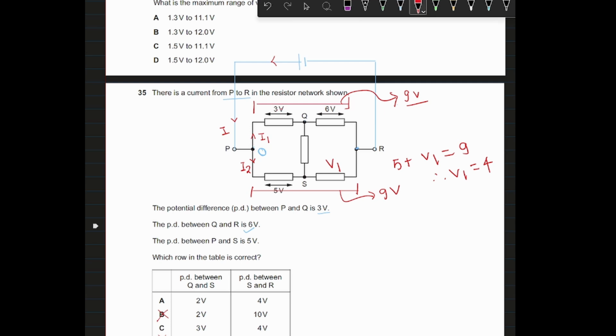So the total voltage is 9 volts. This means when there is a 3 volt drop in this resistance, we have 6 volts remaining over here, right? Similarly, when current flows like this, we have a 5 volt drop over here, which means we have 4 volts remaining here. When we find the potential difference between point Q and S, the potential difference is always the subtraction between the ends of the resistor. So 6 minus 4 equals 2 volts. So our final answer becomes